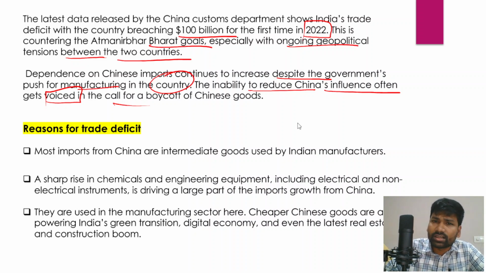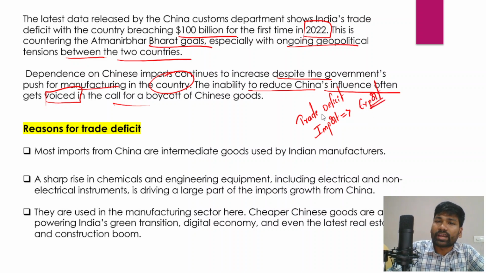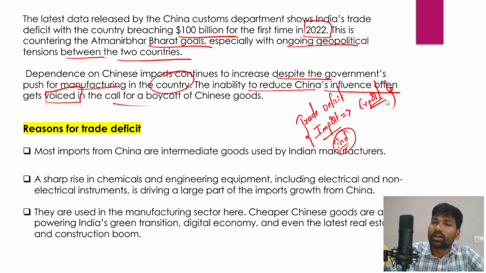Now what is a trade deficit? I hope you knew some basics with respect to this. So trade deficit essentially means that India has been importing more goods than what it has been exporting to China. The difference between export and import is known as the trade deficit. In case we have been importing more than what we are exporting to China, that is the trade deficit, and this trade deficit has been increasing